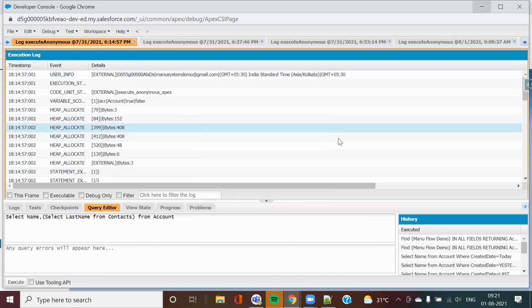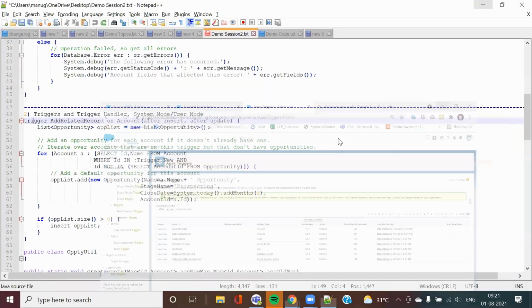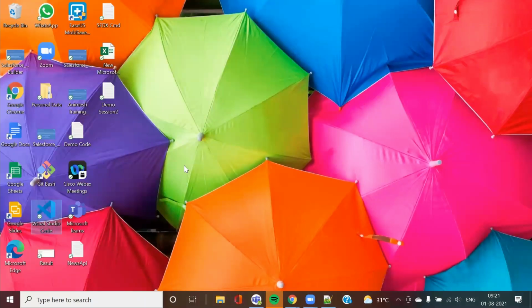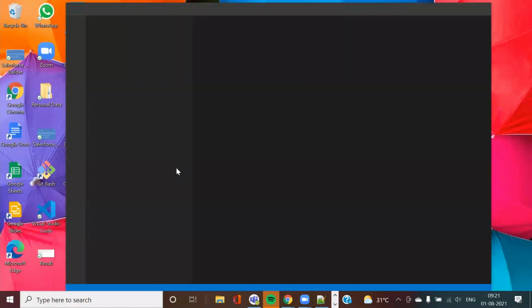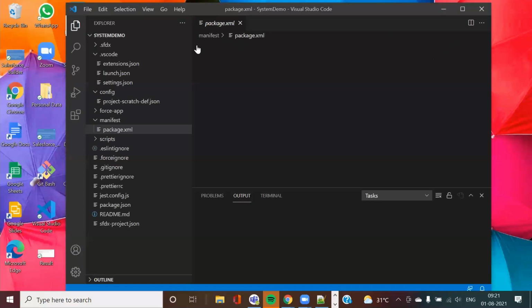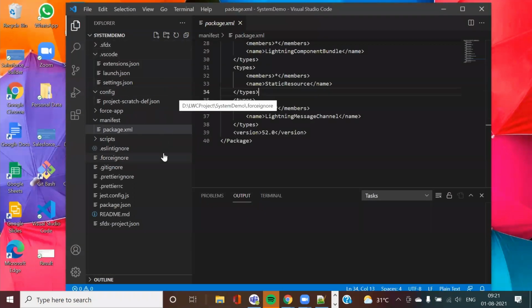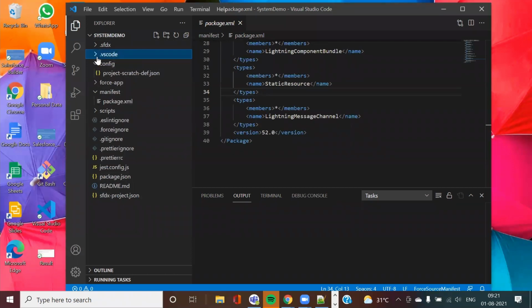The third way is VS Code. From VS Code also you can create the triggers. You can try this from your side also.